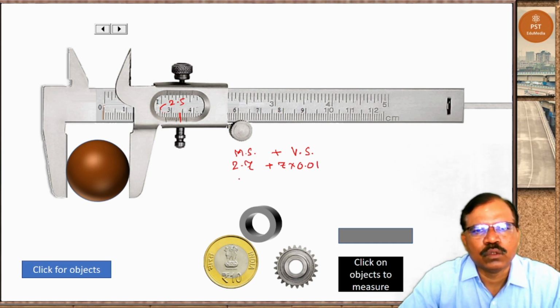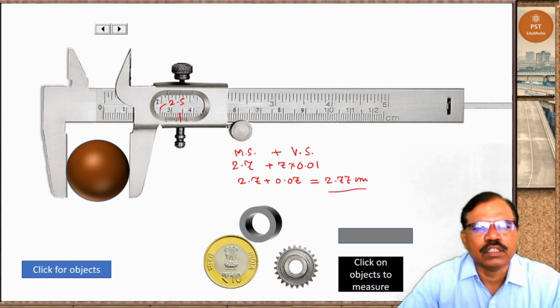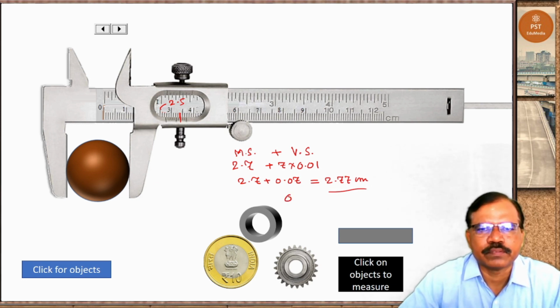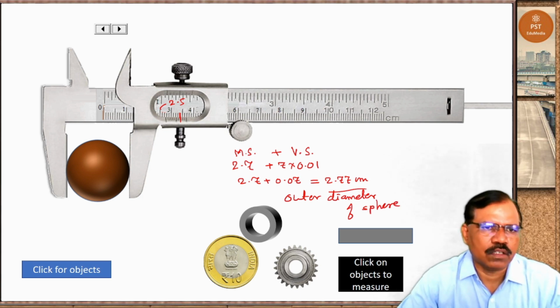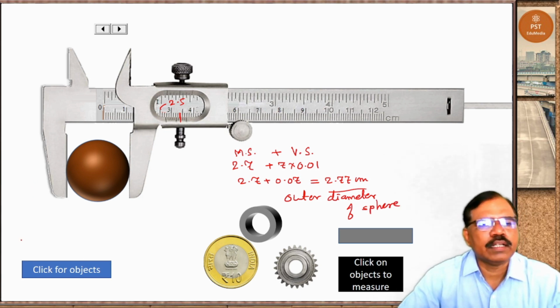So we'll get 2.7 plus 0.07. So reading is 2.77 centimeter. So this is outer diameter of the sphere.